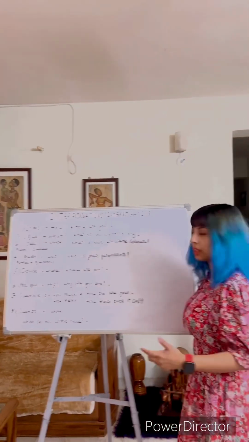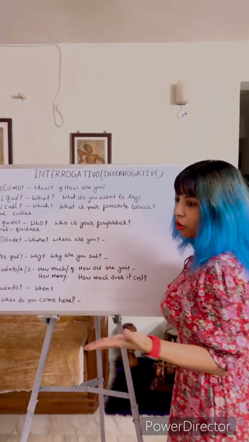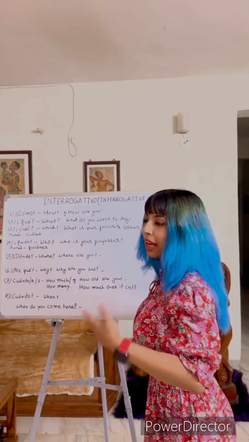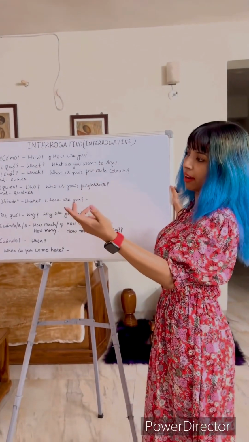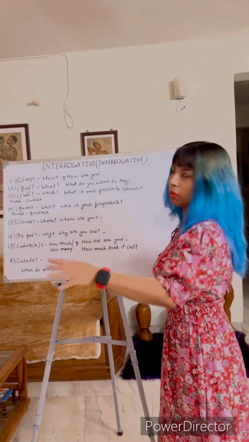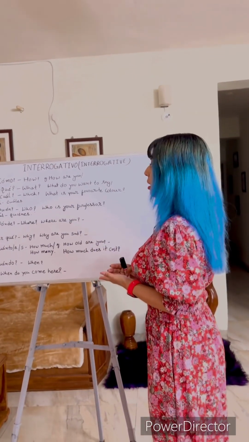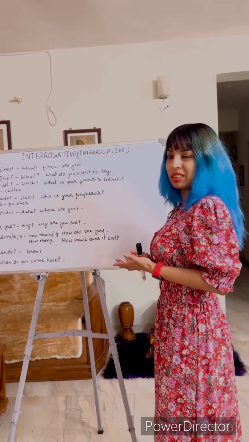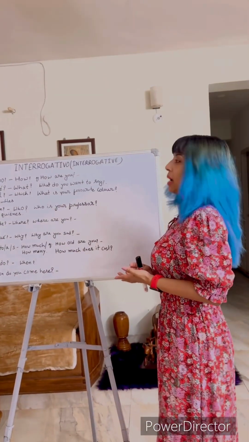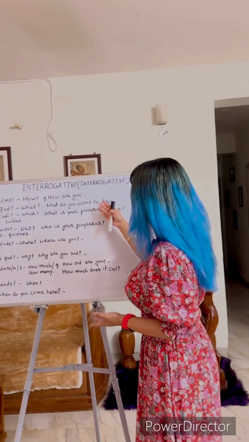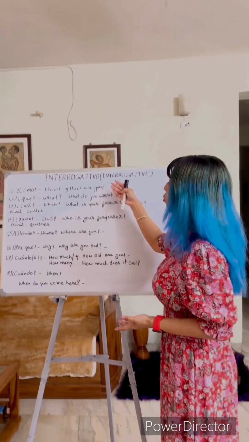So now we'll do some examples. Our first example is how are you. How are you, obviously, is a temporary thing, like when you are asking someone how are you, he could be happy, fine, not fine, anything for that very moment, or for some particular amount of time. So it is a temporary thing. And as I have already told you guys, for temporary things in the Spanish language, we use the verb estar. In an interrogative sentence, mostly you are supposed to use the tú form, the you form.